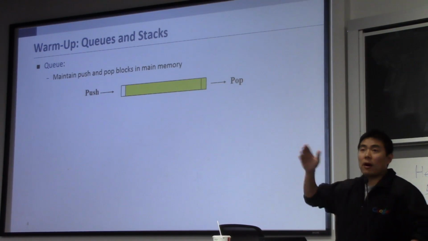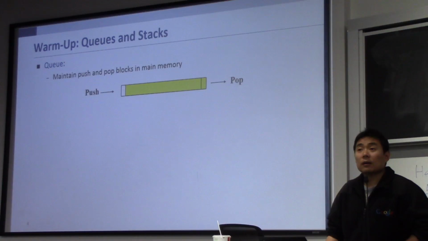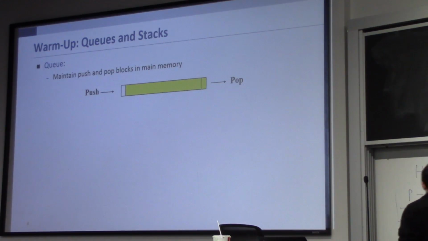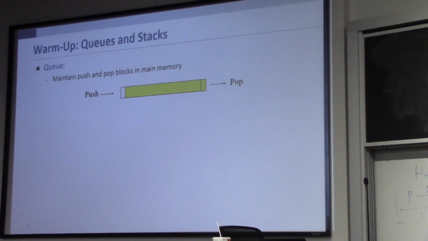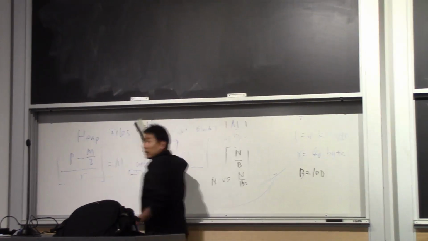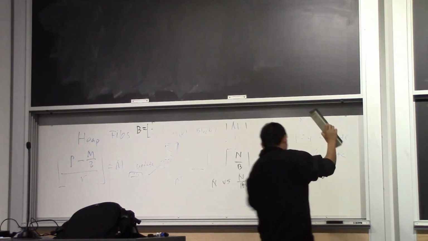I push, I pop. So pop is like this. I pop one item at a time. That make sense? So the cost of that in internal memory, by the way, this n versus n over B is demonstrated using